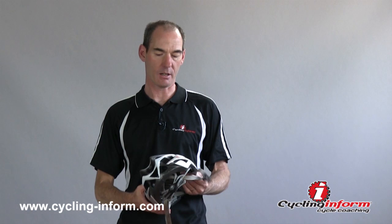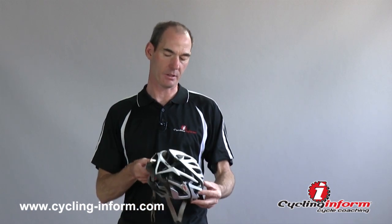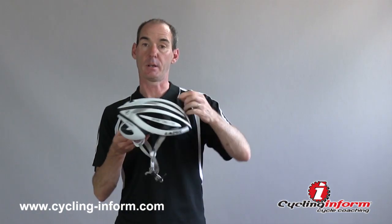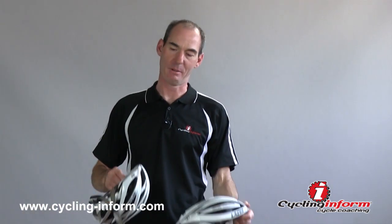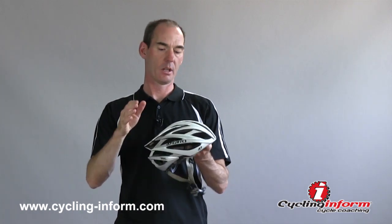So now I'm going to talk a little bit about my personal helmet choice. Now I've got three helmets. I've got this Bell helmet that I bought in a bike shop in Adelaide. I've got this Laser helmet that I recently bought in Adelaide. Every time I go over to the Tour Down Under, I seem to buy helmets. And then I've got this Giro helmet that I bought from a local bike shop in Melbourne